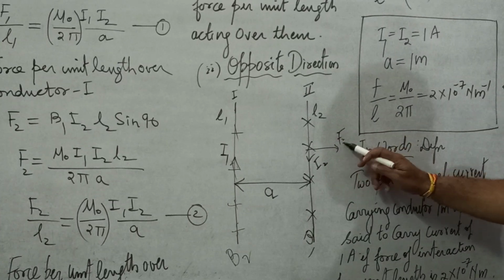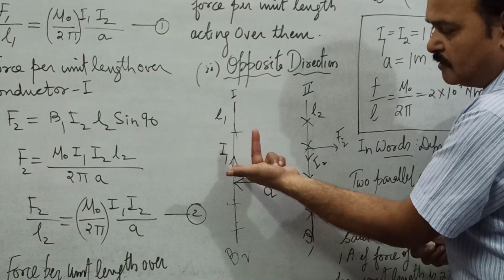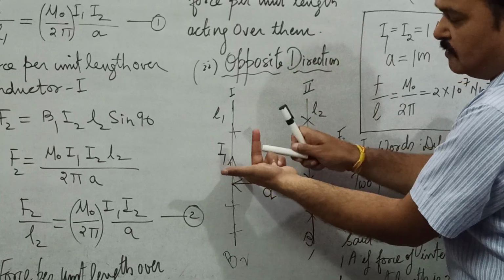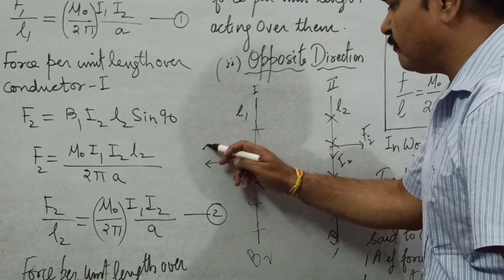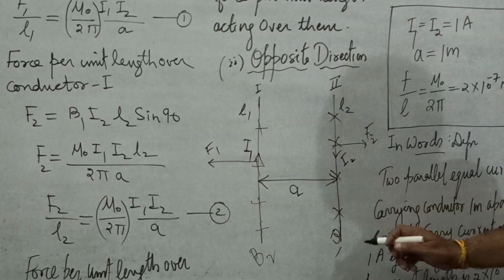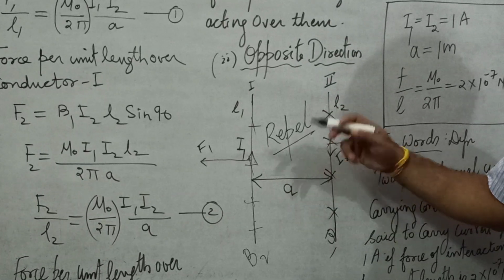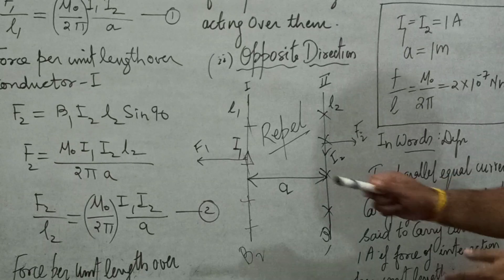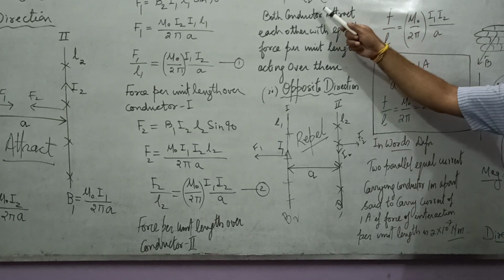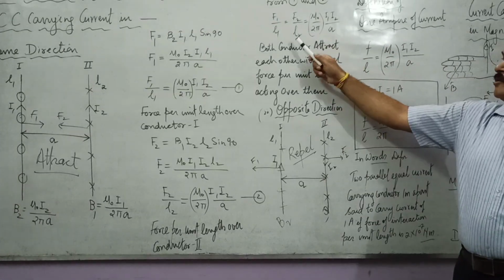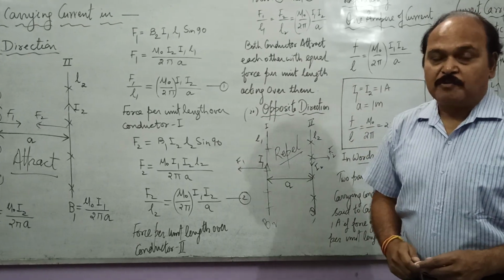And let us find out the force over this conductor. The magnetic field is cross, but the current is in this direction. Where is the thumb pointing? The thumb is pointing towards the left. That is F1. Since the forces are in opposite directions, both the conductors repel each other. And if we find out the values of forces F1 and F2, the same workout goes, and we again come to the same conclusion that the two current carrying conductors are going to repel each other, this time with equal value of force per unit length acting over them.